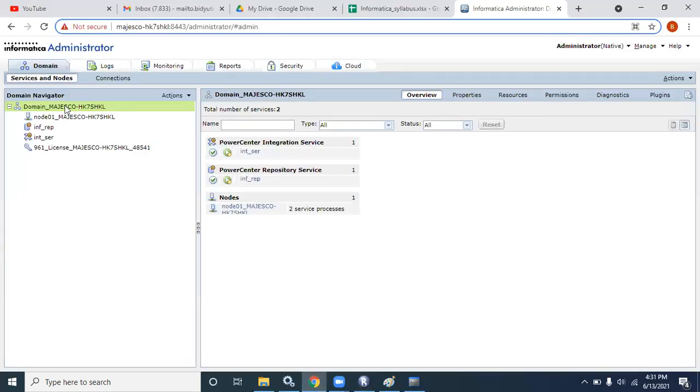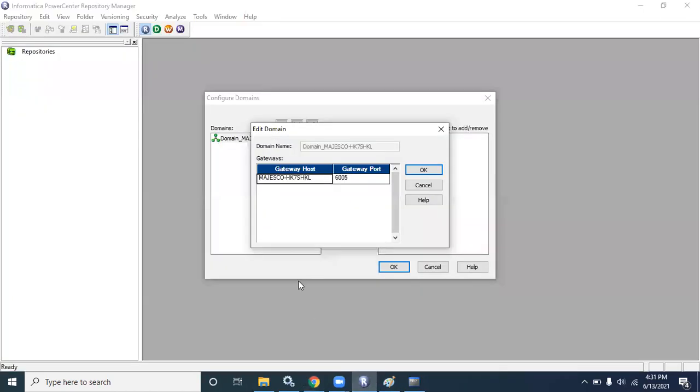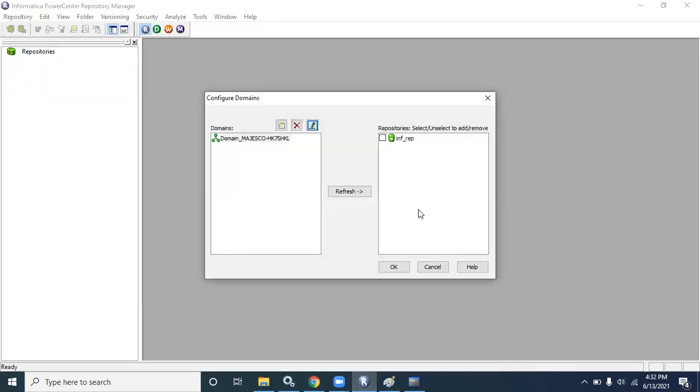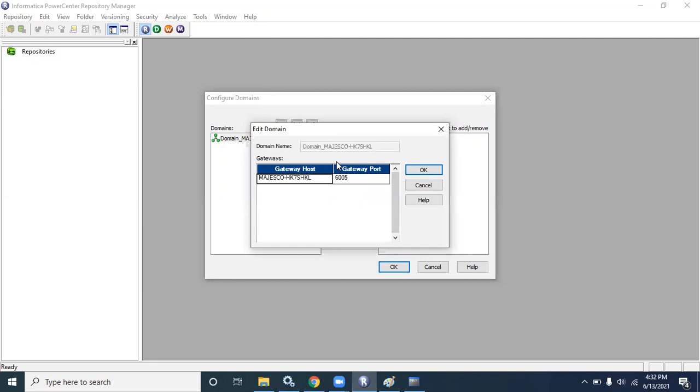You can get all those things from the server, and in real time you will get all those things by mail. In more than 90 or 95% of companies, the admin will help you with this. The admin will give it; in my company also the admin does each and everything. These 3 things you need: domain, gateway port, gateway host.